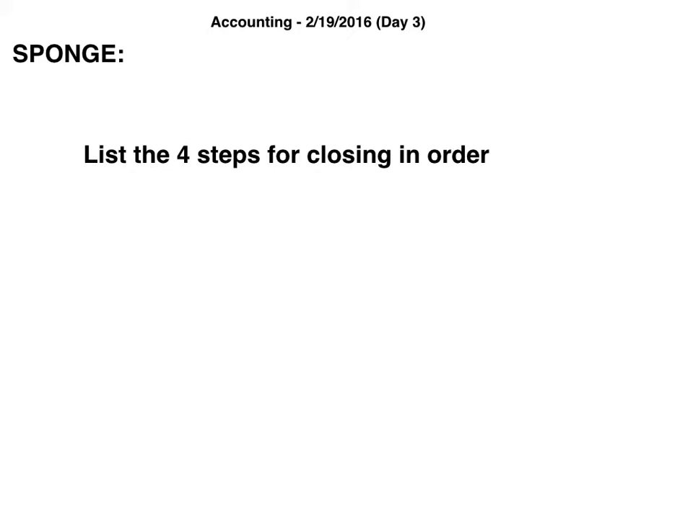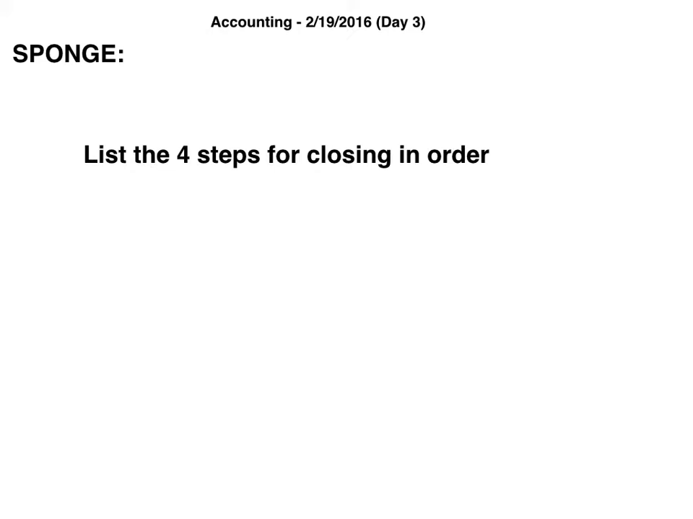All right, so let's see what you got. First step we want to do is, remember, we take the money from the revenue account and transfer it to the income summary. Step 2, we transfer the money from the expense accounts into the income summary. So steps 1 and 2, we're taking the money from revenue and expense, putting them in our income summary, which